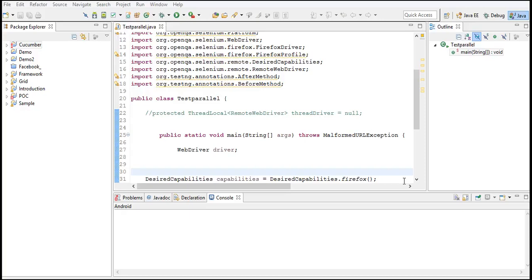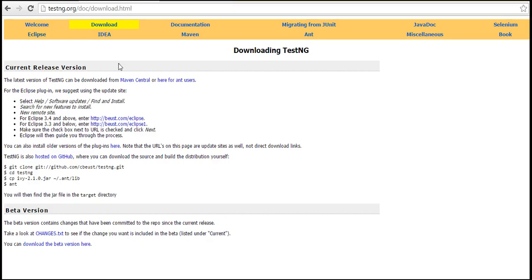Okay, so let's start with TestNG installation into our Eclipse. By default, unless you use the Kepler version of Eclipse, you will not see TestNG in your editor. You need to just download that plugin and configure it in the Eclipse. Okay, so for that, let's go back to our browser and hit this URL